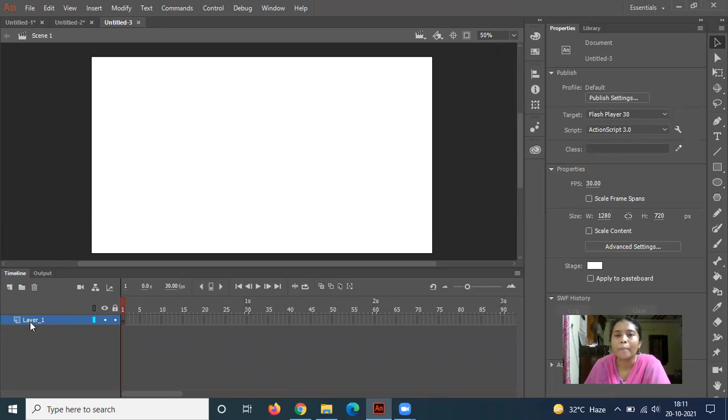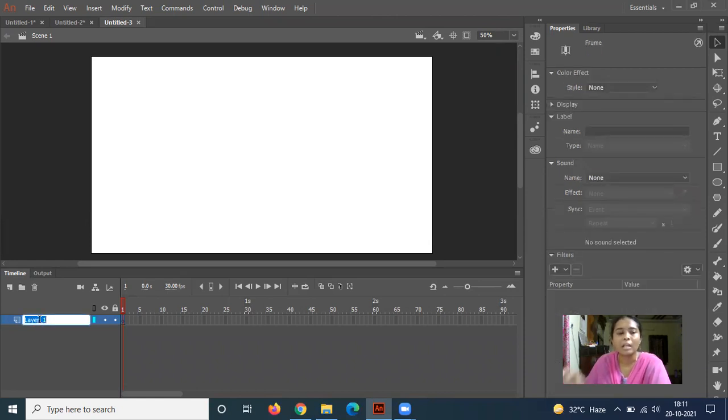I selected 50%. Now I'm renaming layer 1, which we all know is the default layer. I'm renaming it by double clicking on this name so that it enters edit mode. With the left button of the mouse, I'm renaming this layer as wickets and ground. To exit from edit mode, just press Enter. Now select the first frame of the wickets and ground layer and draw the ground and wickets in the main stage.